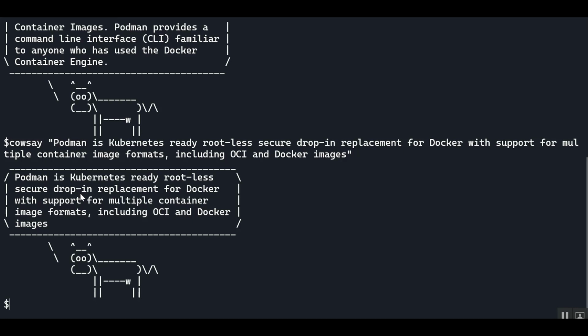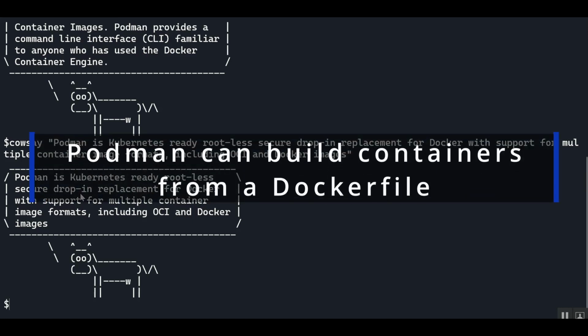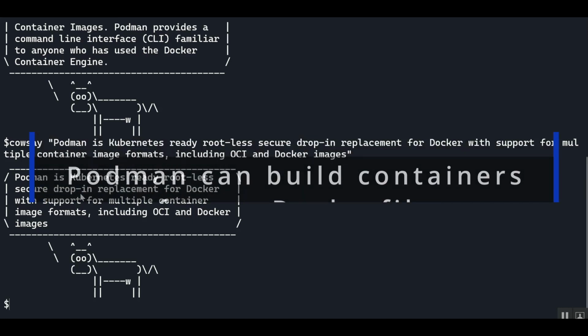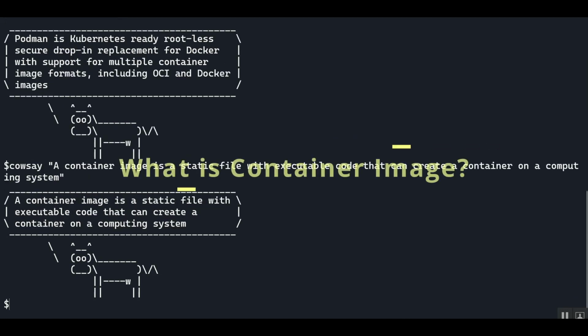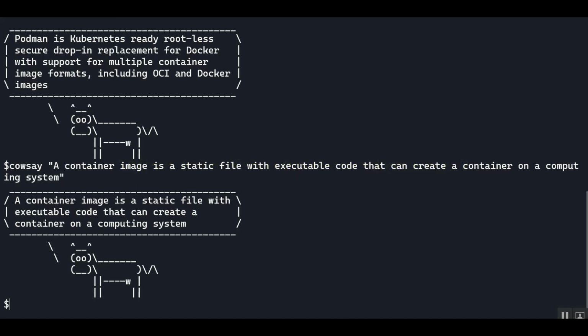So if you have been writing Docker images, Dockerfiles, you can run them as is in Podman. You don't have to rewrite or change anything in there. So I just wanted to explain that here. Okay, next thing: before we start writing a container image and I show you how to write a static file or image file instruction and then convert it into an image,